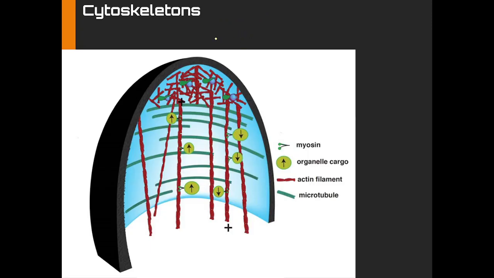This is a cartoon picture of the cross section of the cell. As you can see, there are several other accessory proteins, but to make it simple you just focus here and here. This is your actin filaments, and this is your microtubules. Now you can easily see it is like a meshwork or a framework.